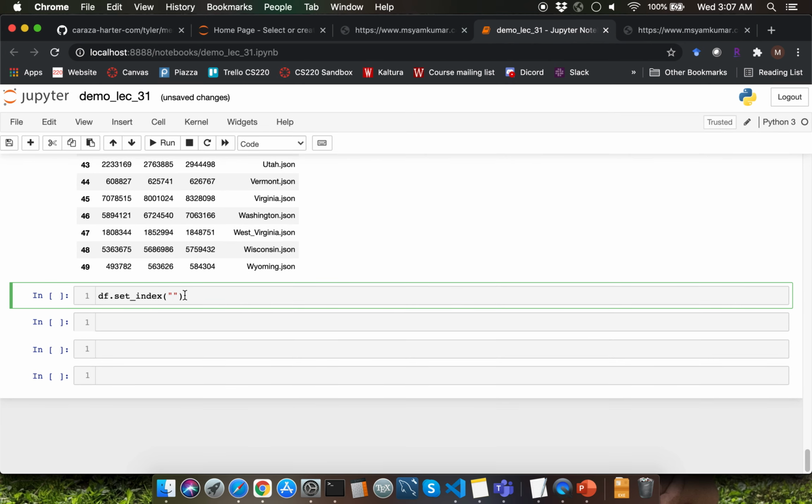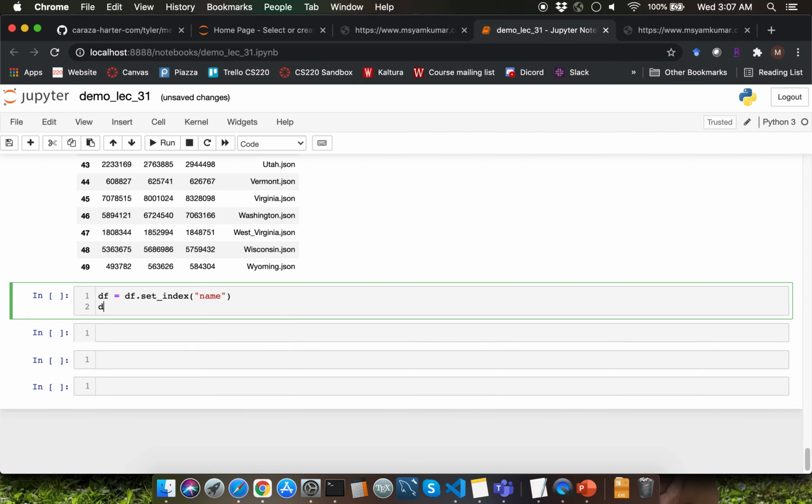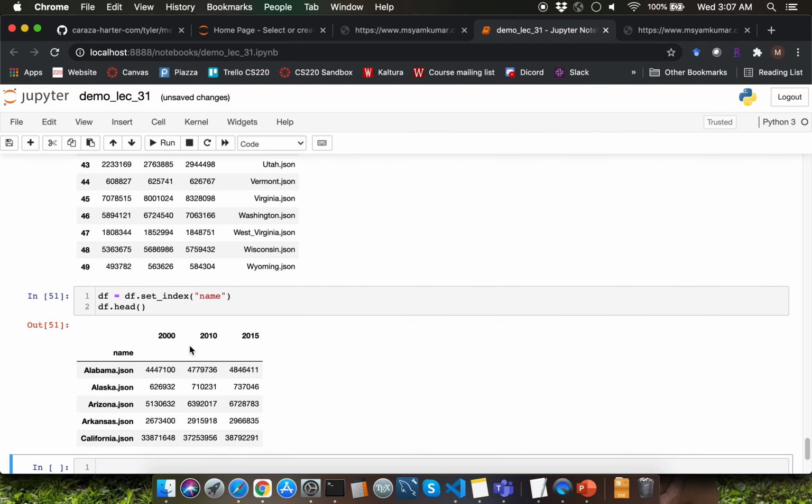So we are going to have to pass the string name over here. This is going to return a new data frame object instance. So I'm going to go ahead and capture that back into the variable df. Let me just display df.head() to take a peek at the first 5 rows within df.